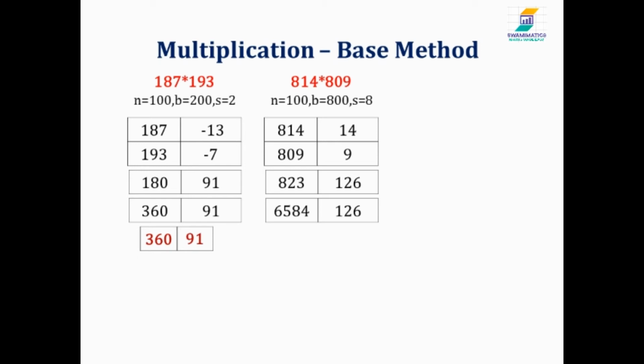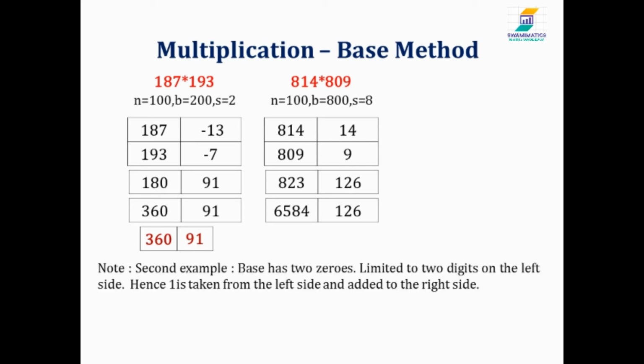What is it I will do? I will first multiply 800 into 8, which becomes 6400, 23 into 8, then add both in my mind. So it becomes 6584 and 126. But when you look at the number on the right side of 6584, it has 3 digits, whereas your normal base has only 2 zeros. That means I need to retain 26 in my answer and add 1 to 6584. So my answer becomes 658526. I hope this is clear.